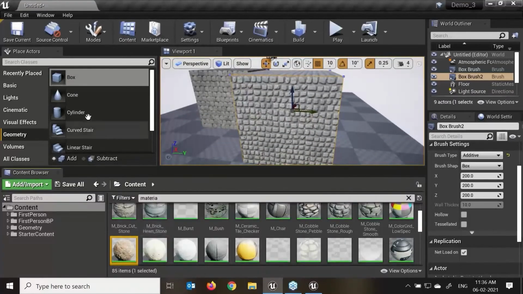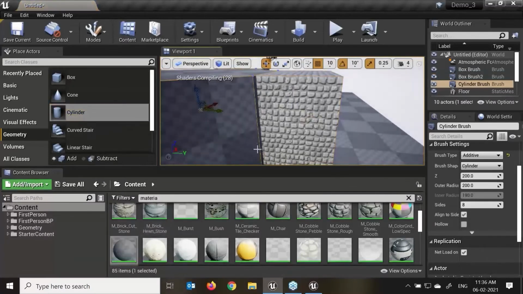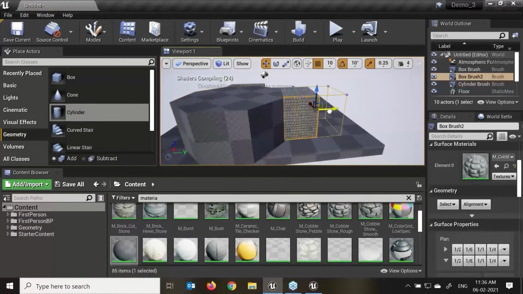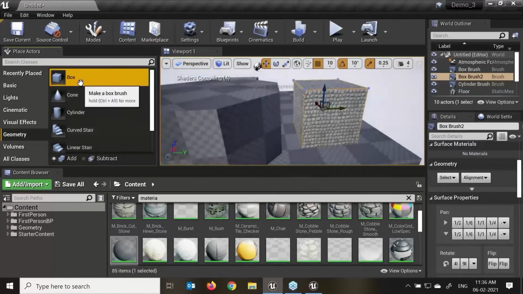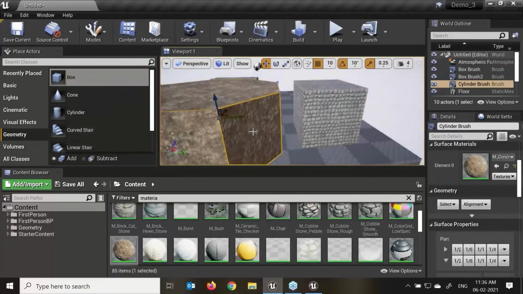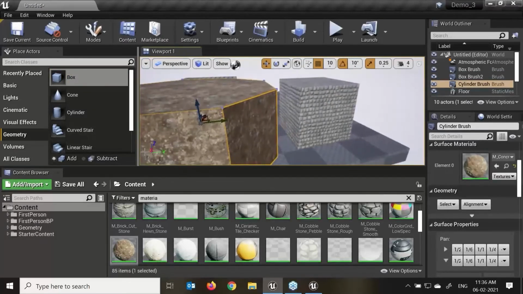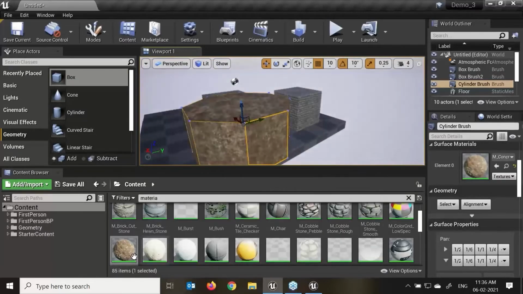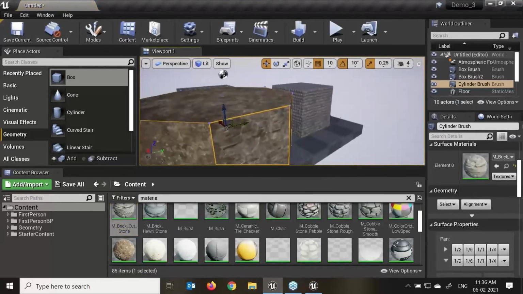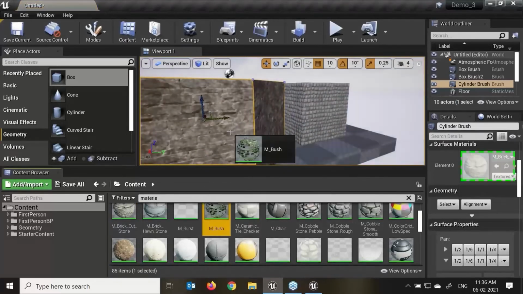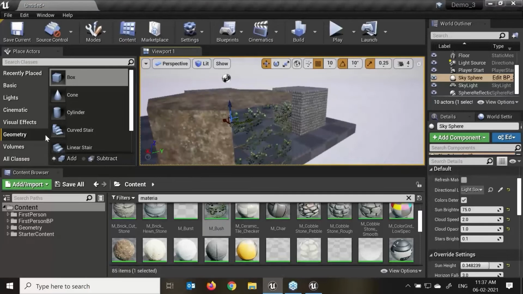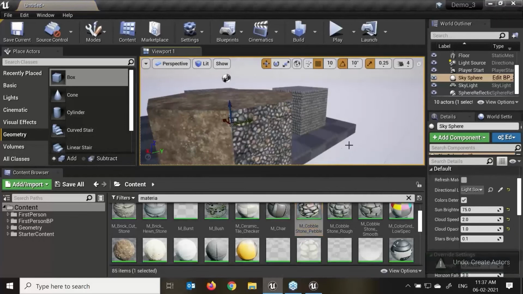For an example, I have selected this material. This time I'll create the cylinder. This will calculate for some time. But here we have seen this: after selecting or creating anything, automatically that material will apply. Here we can see this, right? And there is another benefit: we can modify or change this particular material. If I want, I can drag and drop into this particular area. I can change this material into something like this also. So in the different brush editors, we can apply different materials as per our selections.